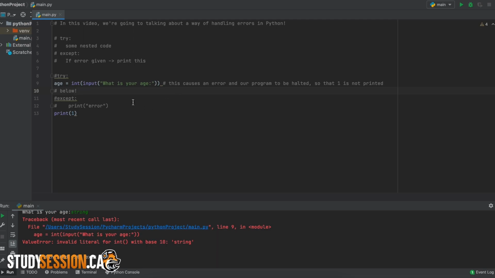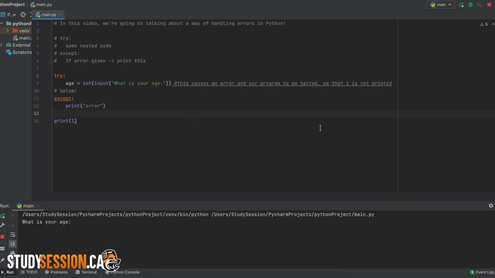So, we add try to our initial statement, meaning Python will try the nested code here. Then we can add in an except term. This means try the following statement, except, meaning that there was an error present, then it will try the nested code. And as you can see here, although we are feeding our program the exact same information, the error no longer breaks our program, and the 1 is still printed, whereas previously it wasn't. So it stands to reason that try except blocks in Python are incredibly important. So what else can we do with them?